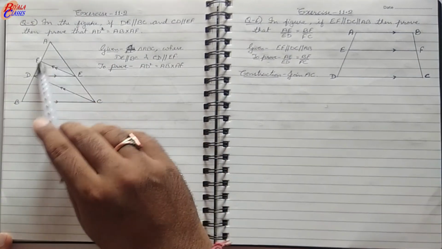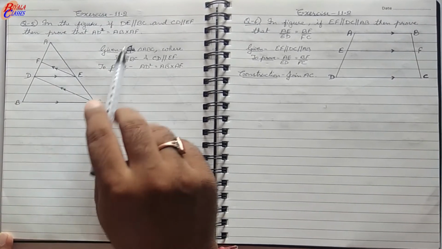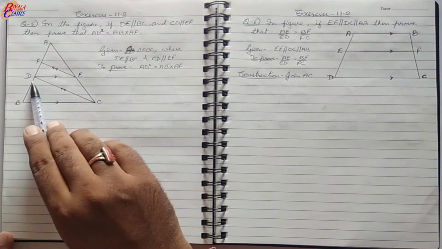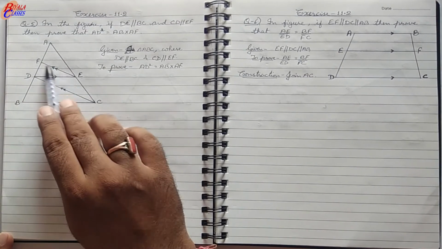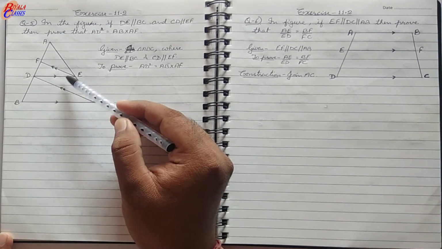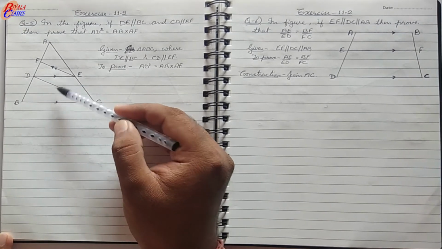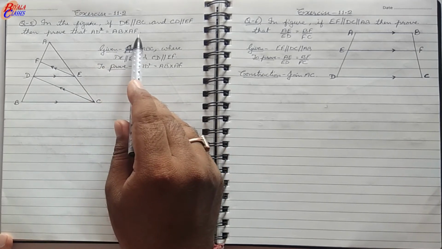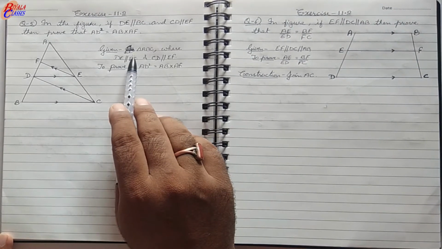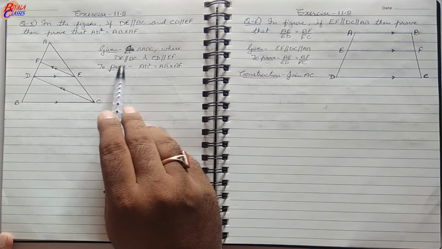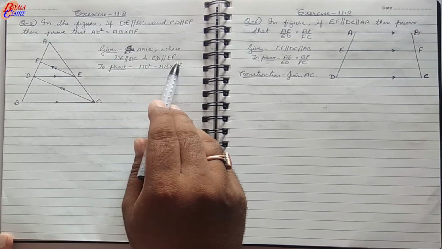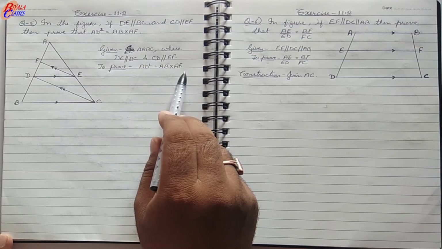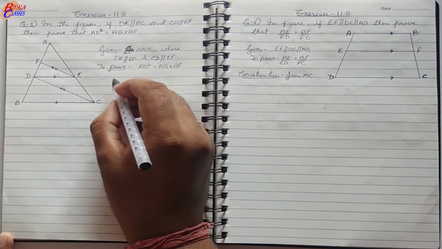Now what is given to us? We are given a triangle here ABC in which DE, as you can see here, is parallel to BC and CD is parallel to EF. So these two line segments are parallel and these two are parallel to each other, and we have to prove that AD squared is equal to AB multiply AF. So given triangle ABC where DE is parallel to BC and CD parallel to EF, to prove AD squared is equal to AB multiply AF. Now let's move towards the proof of it.